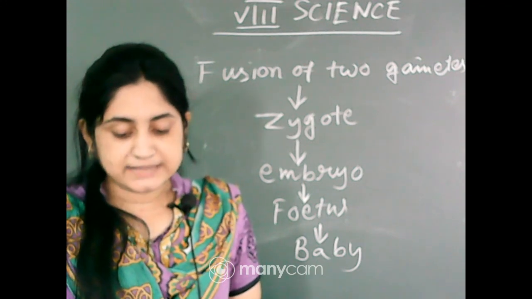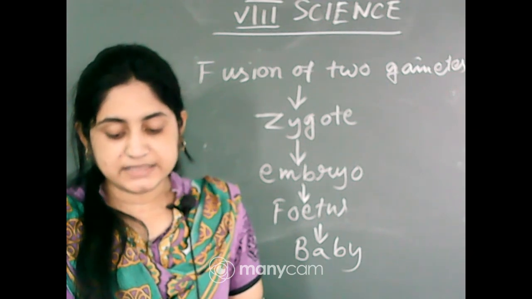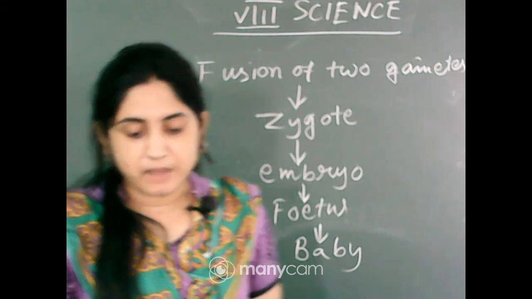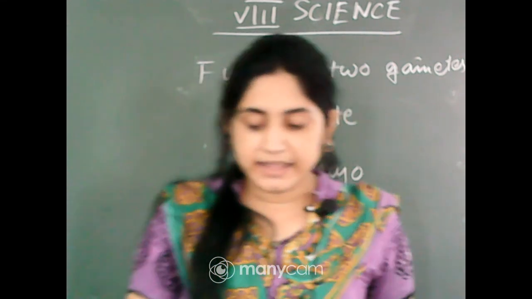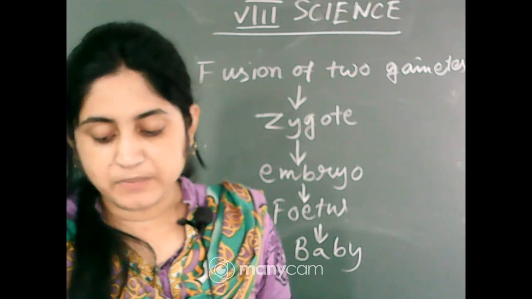The embryo takes about 3 weeks to develop into a chick. We must have seen the hen sitting on the eggs to provide sufficient warmth. Did you know the development of the chick takes place inside the egg during this period? After the chick is completely developed, it bursts out into the open.